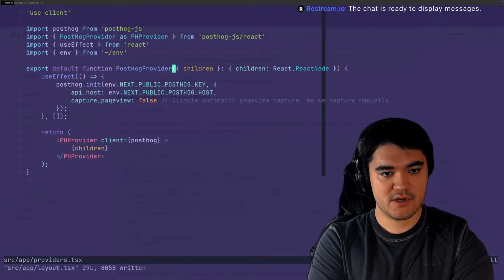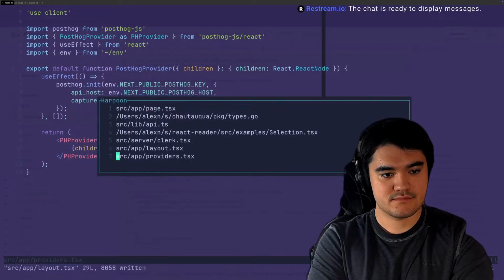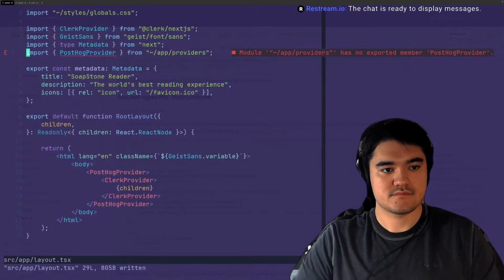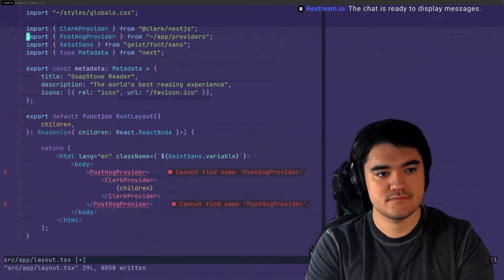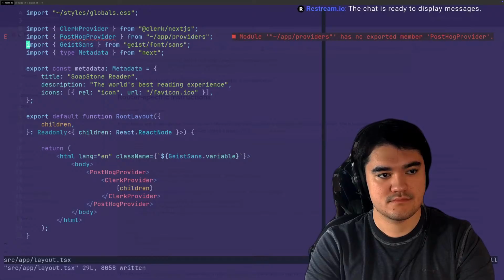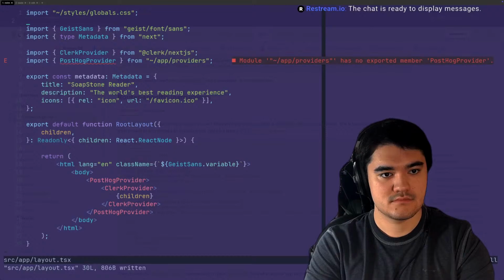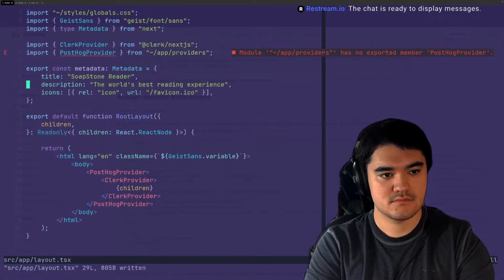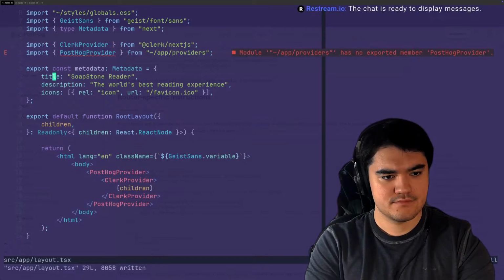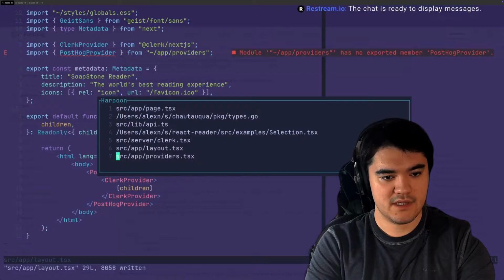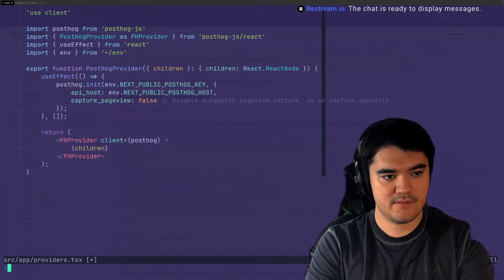Export default function PostHogProvider. Right? Do I need to get rid of the default?